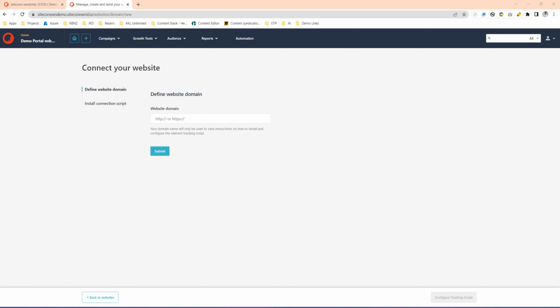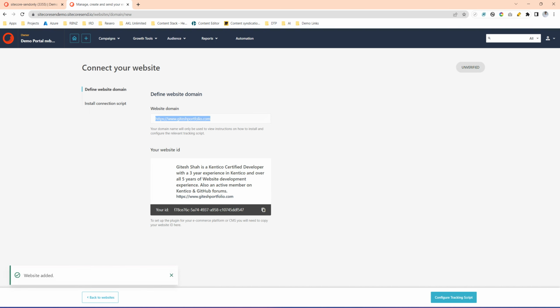Sitecore Send can also help you put subscription forms and landing pages on your site too. So let's put in a domain name, for example, portfolio.com for my site, and submit. It has created an ID for that site,